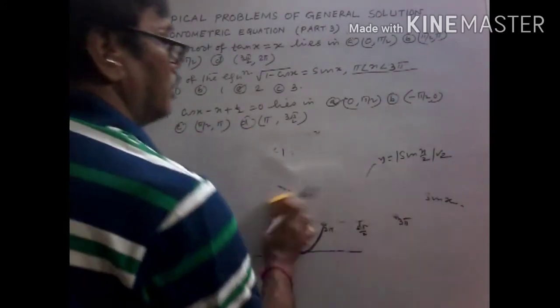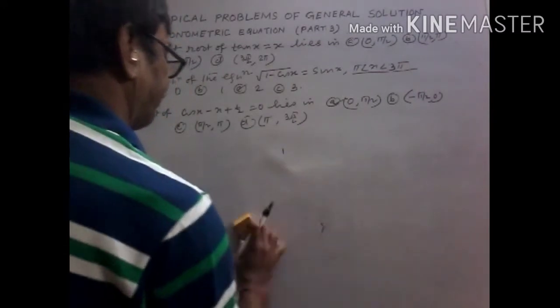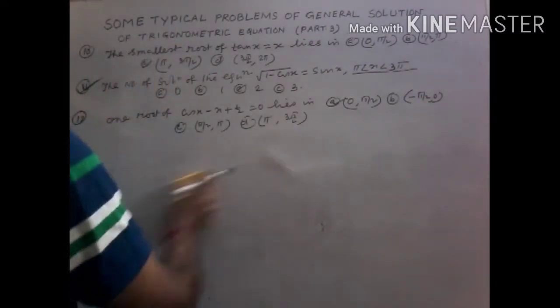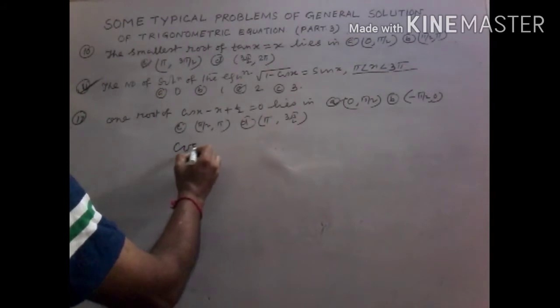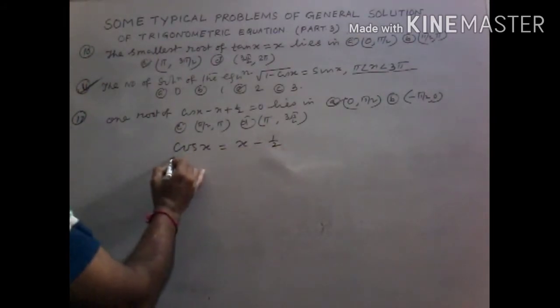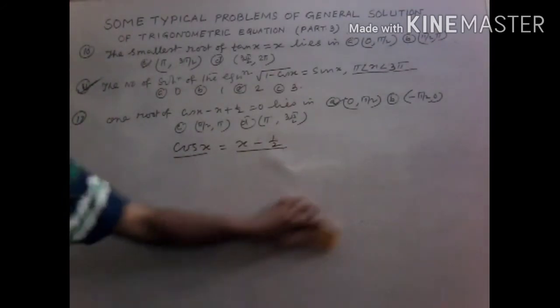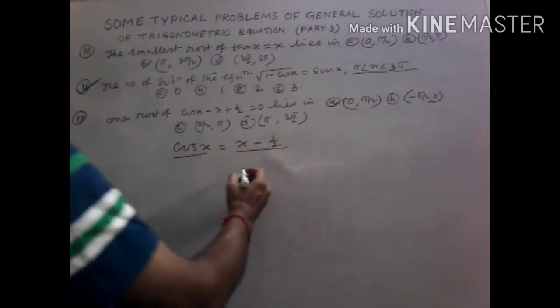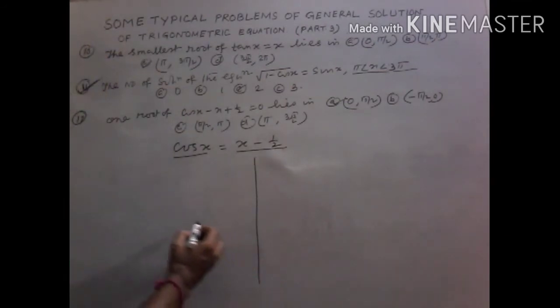Now look, problem number 17. So what is our equation? Cos x equals to x minus half. Transcendental equations, trigonometric equations, algebraic equations. So if we draw the curve,